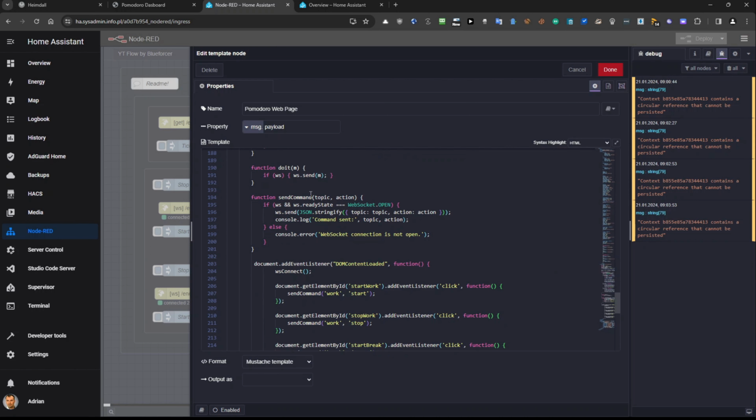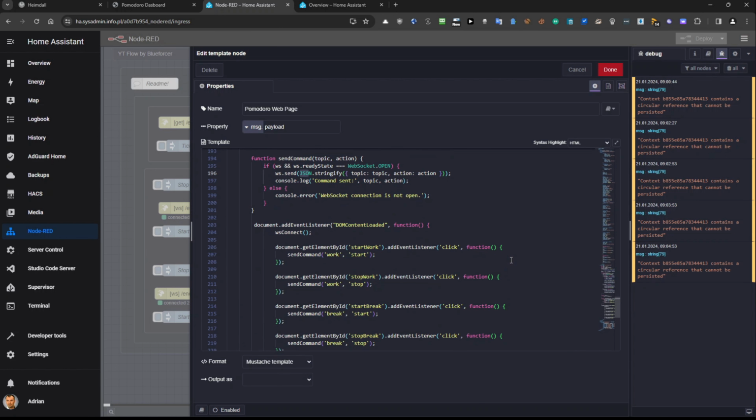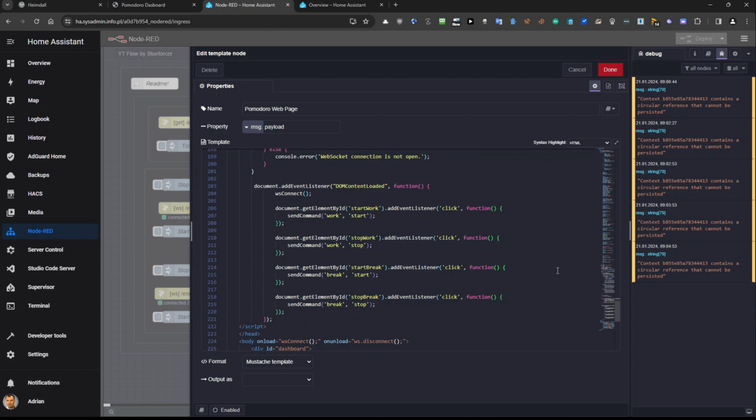So this is the whole topic action, what is going on. You can see it sends the JSON format, and I was talking about it, and that's it. So it's parsed as a JSON,